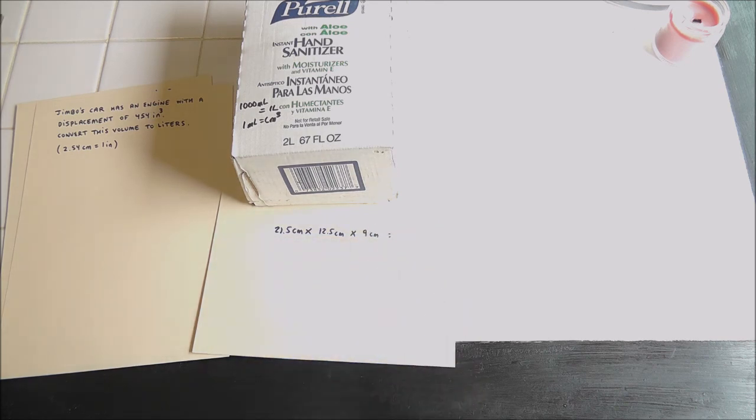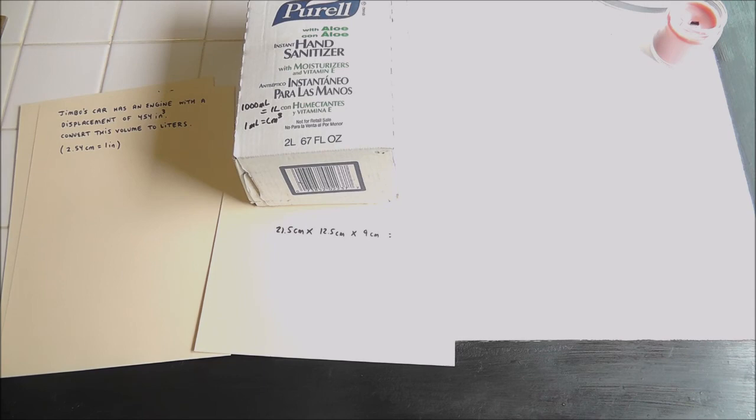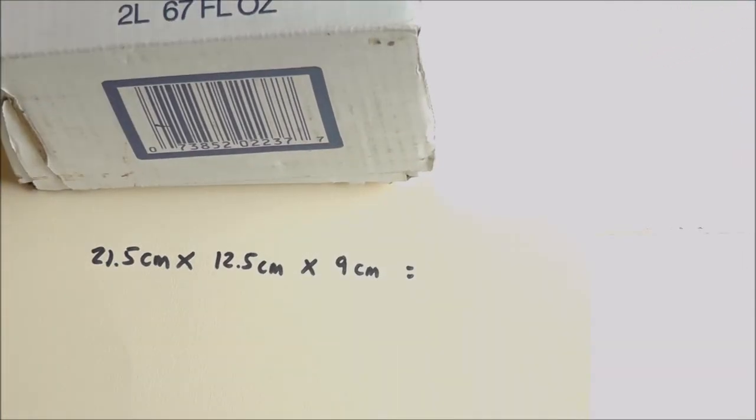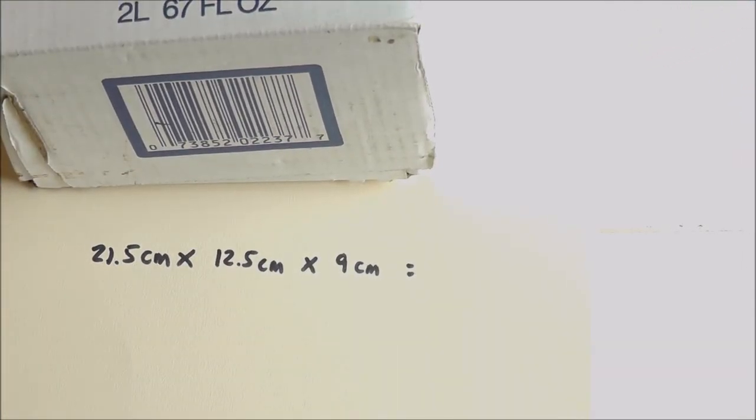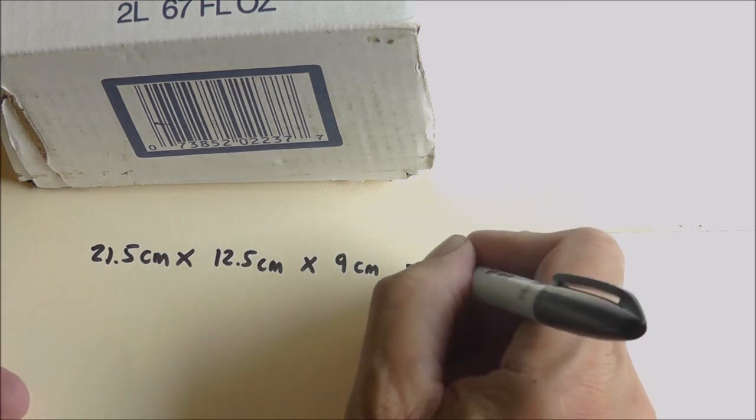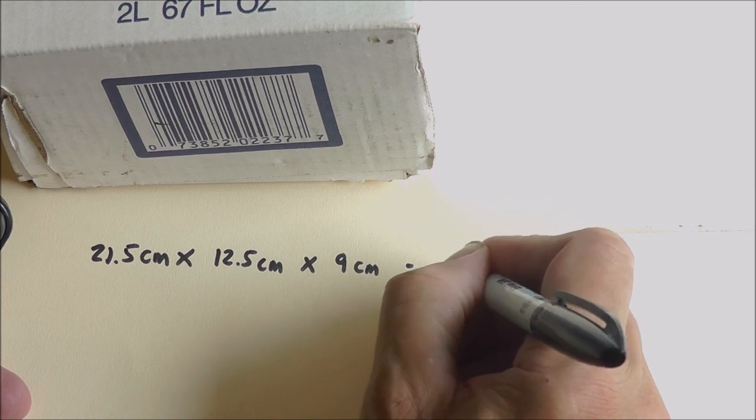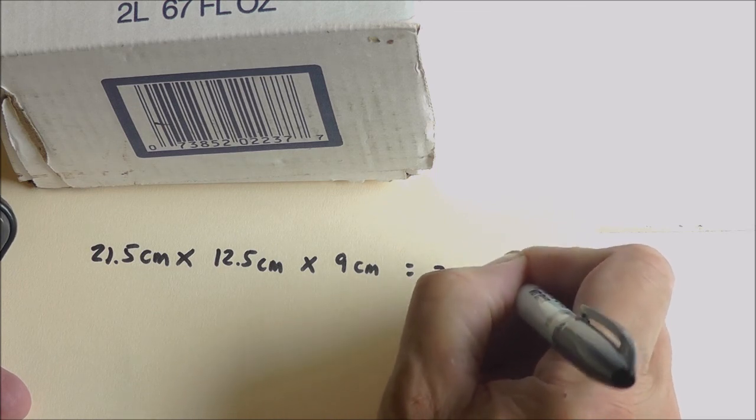That's going to be our volume. So what we've got is cubic units here, and then we're going to convert to milliliters. But hold on, let me do this. 21.5 times 12.5 times 9 is 2,418.75